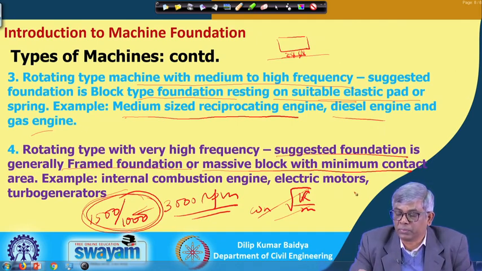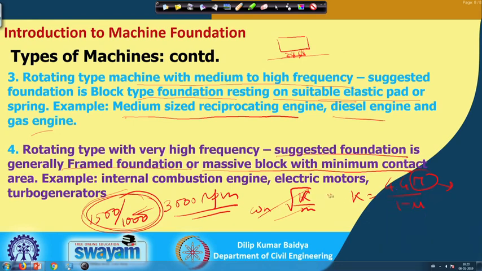If you use a block, why should the contact area be less? Because your k becomes 4 G r by 1 minus mu. If you reduce the r, then k will be reduced, and if you reduce the k, then omega n also will be reduced. The way, for a low frequency machine, we made large contact area to increase the k, whereas in the high frequency machine we reduce the area to reduce the k, so that your natural frequency will become less. So, high frequency machine is generally under tune, and to do under tune, generally the frame foundation is suitable,